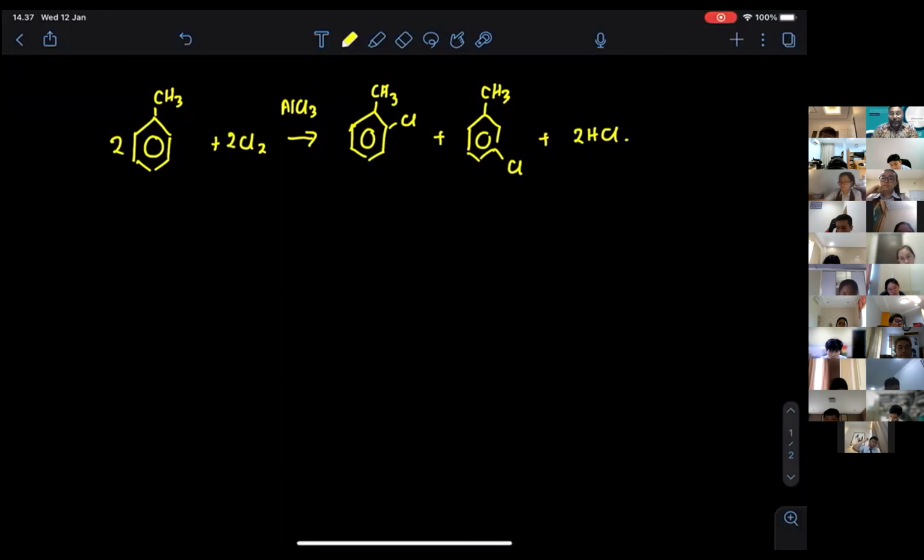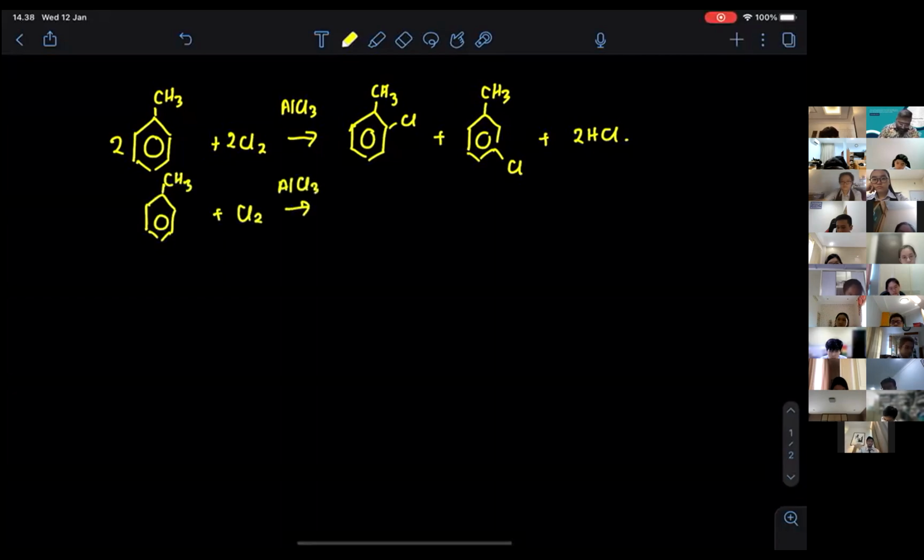If you write it in full, do remember that if you use excess Cl2, then the reaction is slightly different. You are going to have Cl2 and still the same AlCl3, but you are going to have more substitutions. So CH3, Cl over here, and Cl over here,